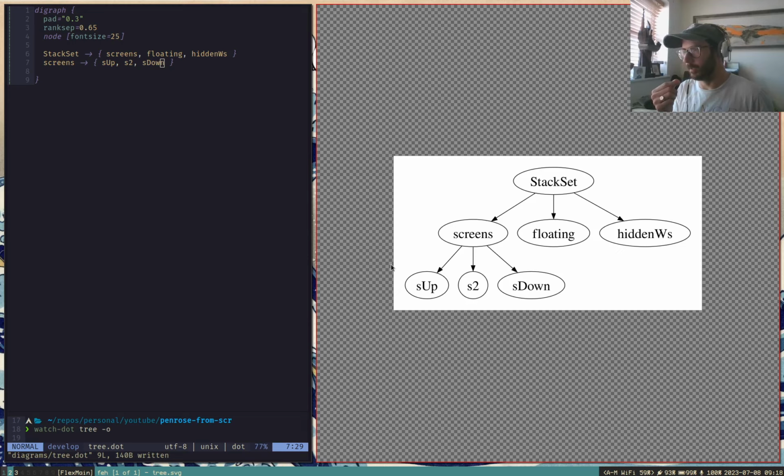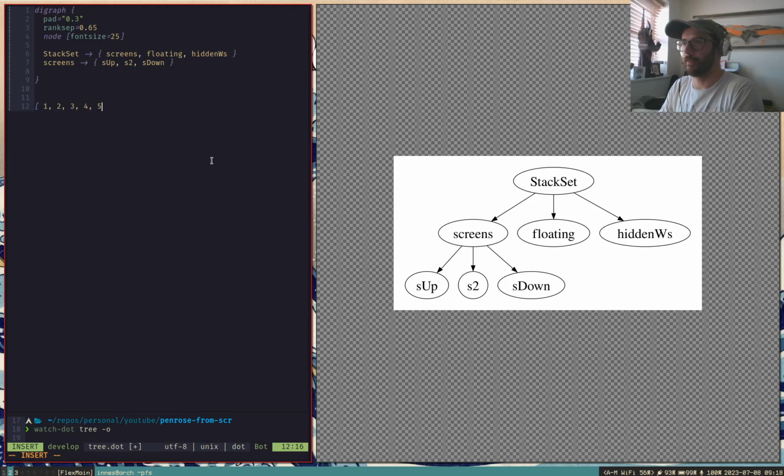But conceptually, what you're thinking of is a collection of items where you care about which thing is focused as well as the order they're in. So if you just had a list or a vector of stuff, it would be something like that. So you'd have 1, 2, 3, 4, 5. That's fine. You could reorder them. So we could also say that we had 5, 1, 2, 3, 4. We could move 5 to the front of it. That's fine. That's an ordering for them,